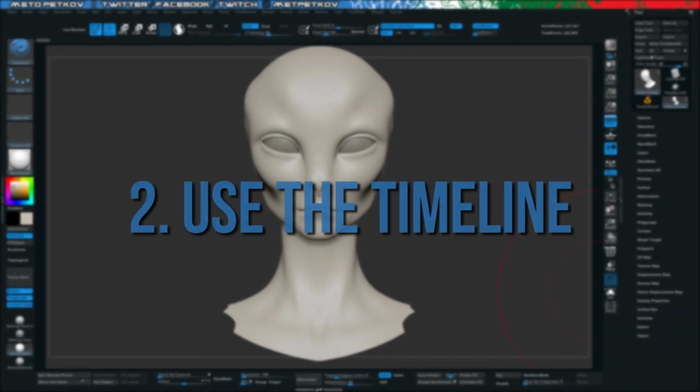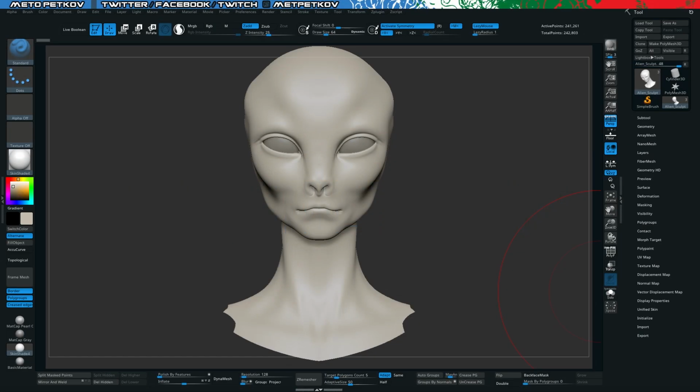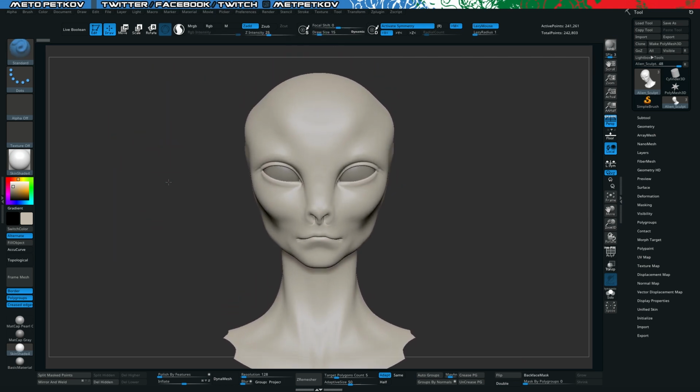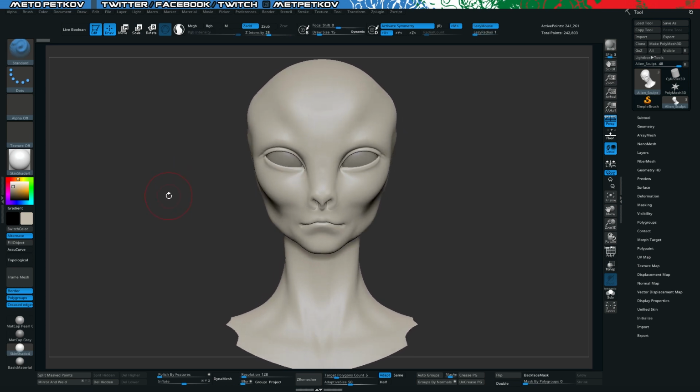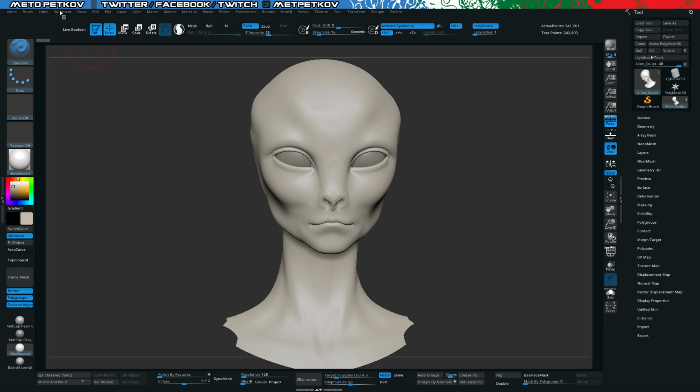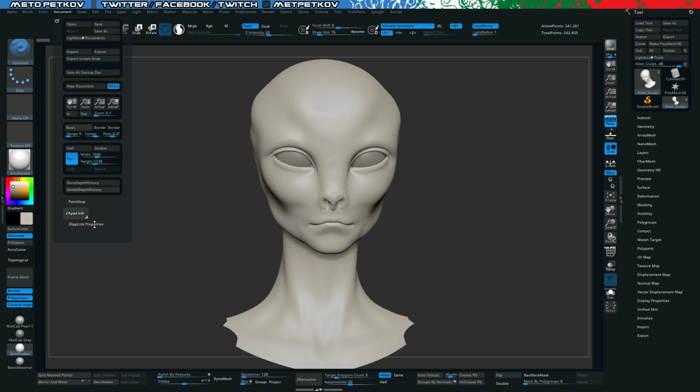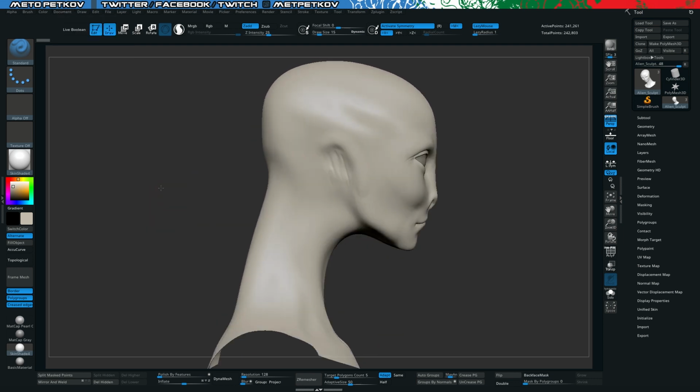All right, this next one will be particularly useful for those of you who do character art, creature art, likeness sculpting, or whatever. Basically, it is the use of the timeline as a method to store views. So there are two ways to store views in ZBrush. One is the zap link, at least two I know of. The zap link is you basically